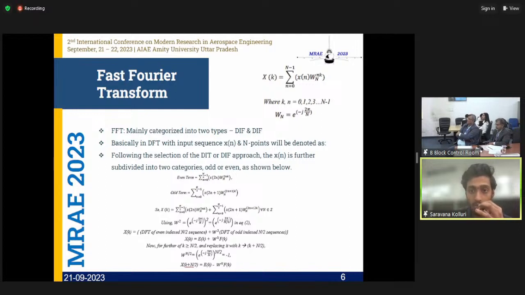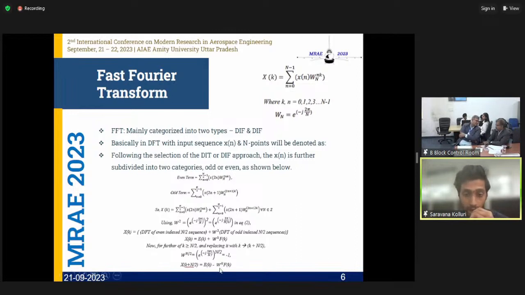working on two different things, which I have not mentioned clearly. I should mention DIT and DIF, which is decimation in time and decimation in frequency. Sorry for the mistake. Decimation in time will be more useful and more flexible with my algorithm because it will separate even and odd terms, the even and odd samples, into different ways, and with the help of a twiddle factor